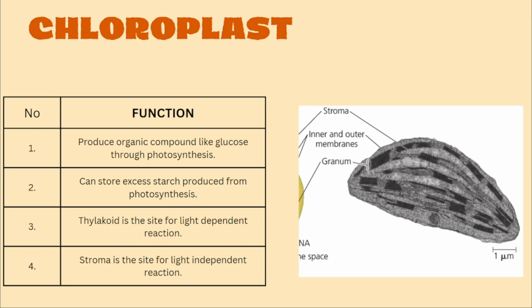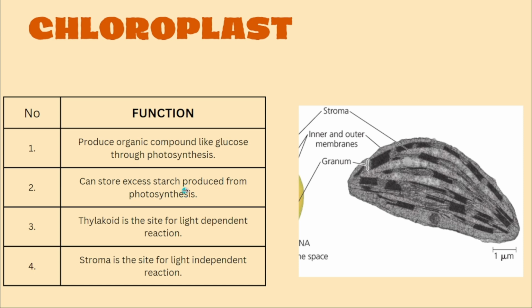I think you already learned the photosynthesis mechanism in SPM. You have 2 reactions, right? The light reaction and the dark reaction. But in SPM, you did not learn it in much detail. In STPM, the last chapter of semester 1, chapter 6, is one whole chapter on photosynthesis. If you want to learn more detail about this, you can refer to the chapter 6 video. For now, the function of the chloroplast is to produce organic compounds like glucose through photosynthesis,